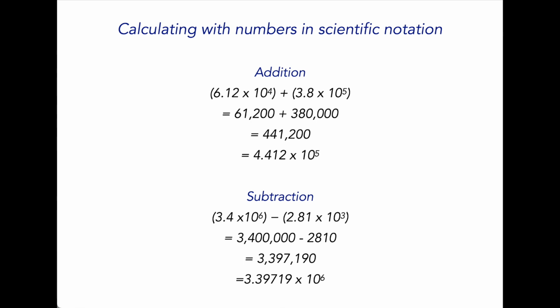And subtraction is a similar process. Convert the scientific notations to ordinary numbers, subtract them, and then convert the answer back to scientific notation as shown before. So here's our question, 3.4 times 10 to the power of 6 minus 2.81 times 10 cubed. 3.4 times 10 to the power of 6 is 3,400,000. 2.81 times 10 cubed is 2,810. Subtract 2,810 from 3,400,000 and we get